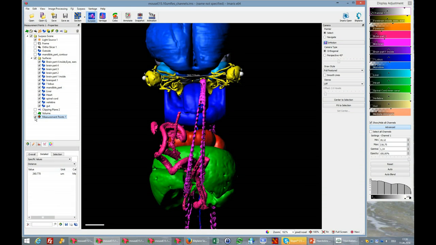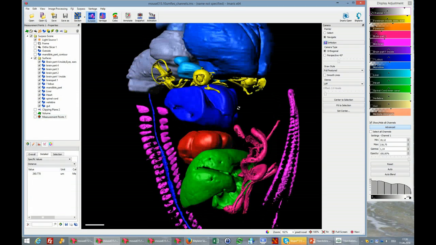Okay, another thing which is quite cool with Imaris,